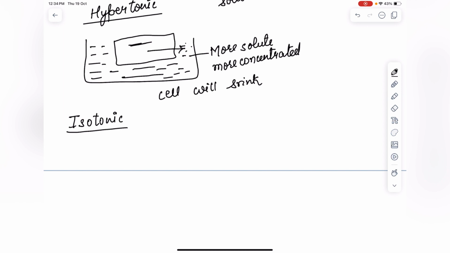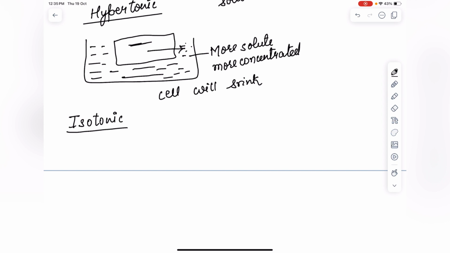Isotonic में क्या होगा? The inside of the cell and the outer external solution will be the same. So what will happen? जितना amount enter करेगा उतना ही amount water का बाहर आएगा. So in this, it will almost be equal to the cell. एक्सटर्नल सॉल्यूशन और सेल का जो सॉल्यूशन है, सेल के इनसाइड एंड आउटसाइड, it will be equal.